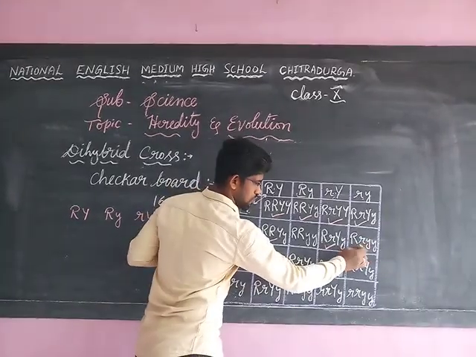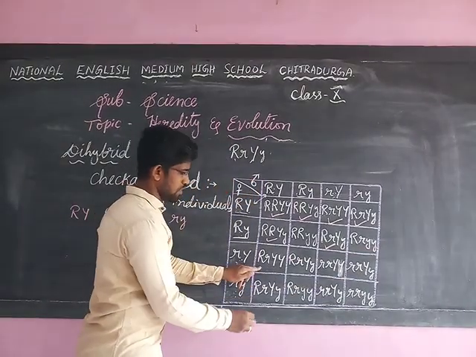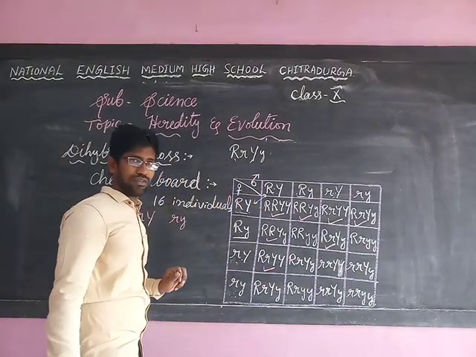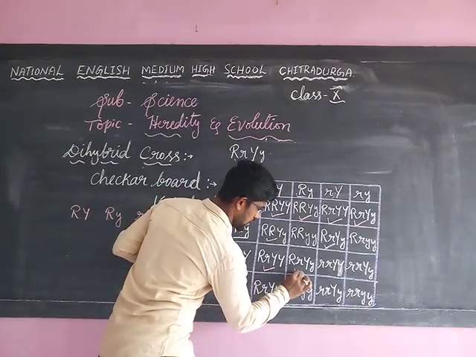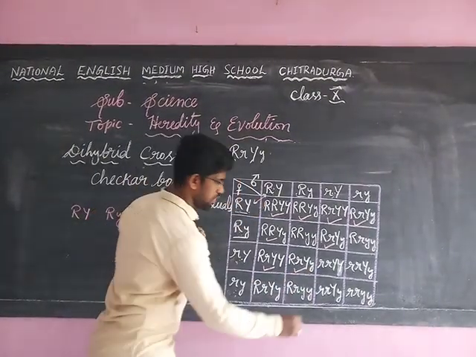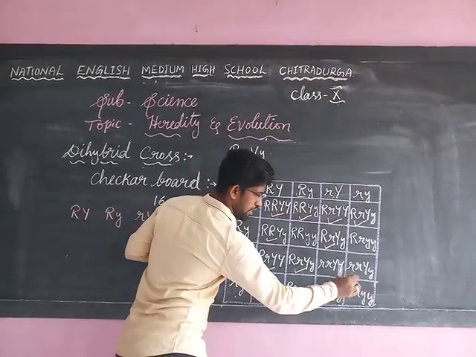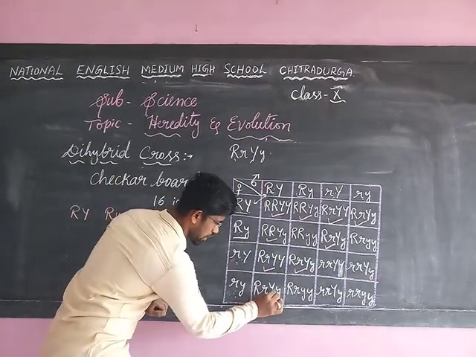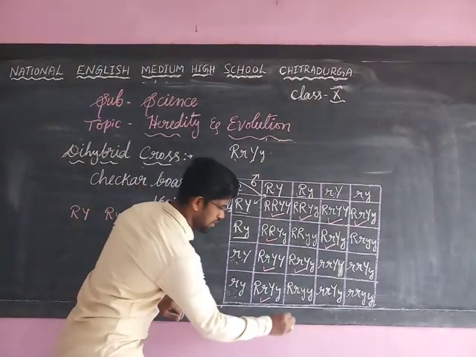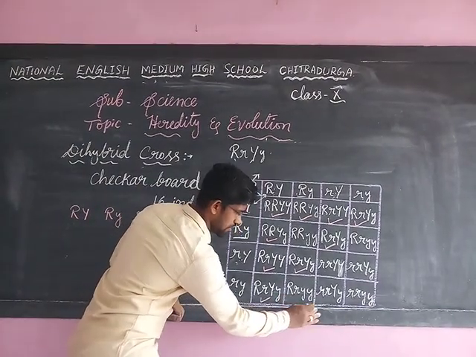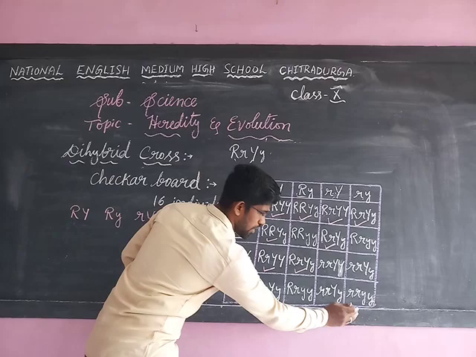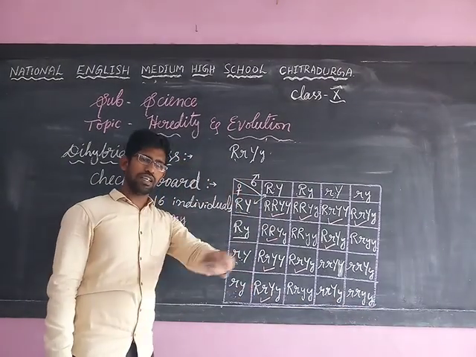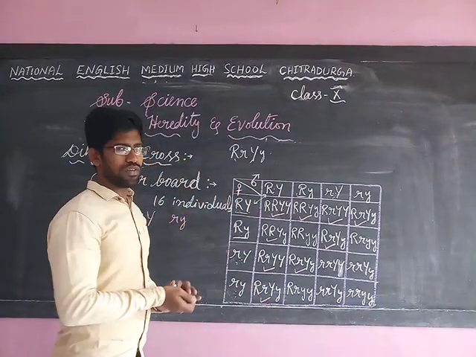Here, the capital Y is not present. Leave it. In the next line, capital R, capital Y. Again we are selecting one. So here also, capital R, capital Y is there. But here, capital R is not present and here also not present, so leave it. In the fourth line, again we have got capital R, capital Y. And here, there is no capital Y, so leave it. Here, there is no capital R, leave it. And here, there is no capital Y and R, leave it. Now what we have got, we have to count.